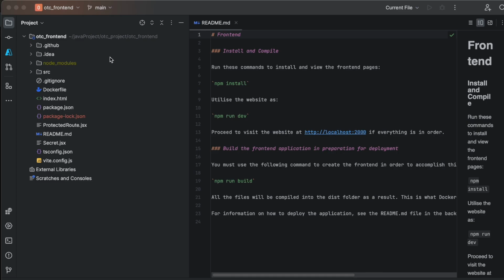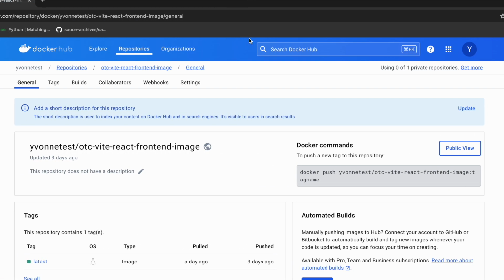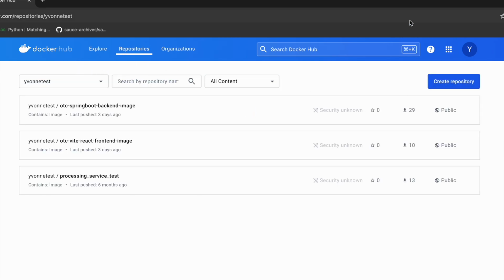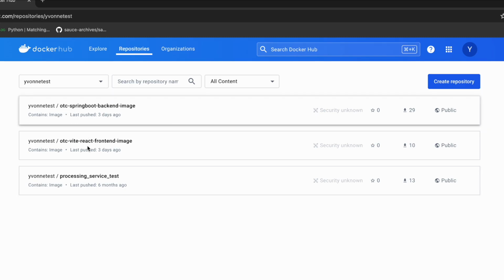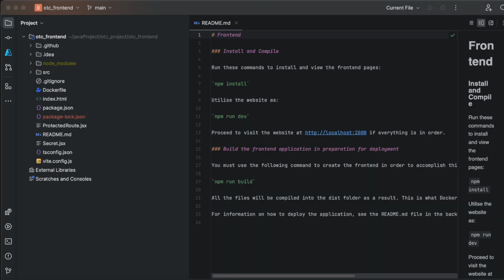So at the moment what I've done is very simple. I have created Docker images. If you want to run the image, you will need a Docker account and also Docker installed. I have created a Docker image of both the back end and the front end, and this Docker image makes it easier. It packages everything I need, all the services and everything, and makes it easier for me to run